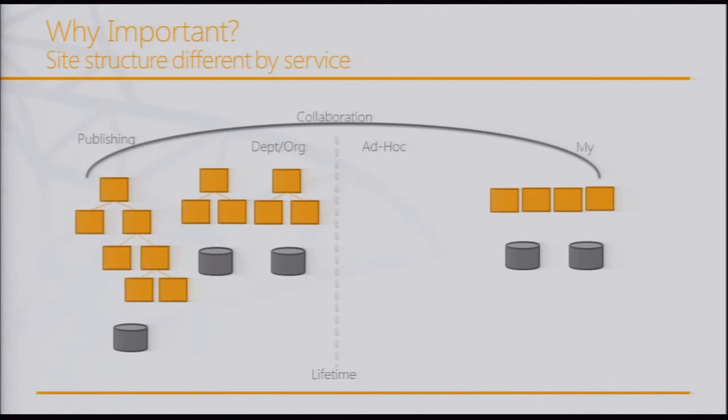You could have different departments that have different levels of adoption, and maybe a few of them share, and those early adopters that ramp on board first get their own database because they're storing tons of content in it. The good news about this is that you can identify the content that's in this section, I lost my mouse there, as opposed to the publishing sites, because the site permissions are really different here. In a collaboration world for a department, this is going to be all the content that they're working on. So it wouldn't be surprising to see everyone in the IT department has contribute rights to the IT department's collaboration